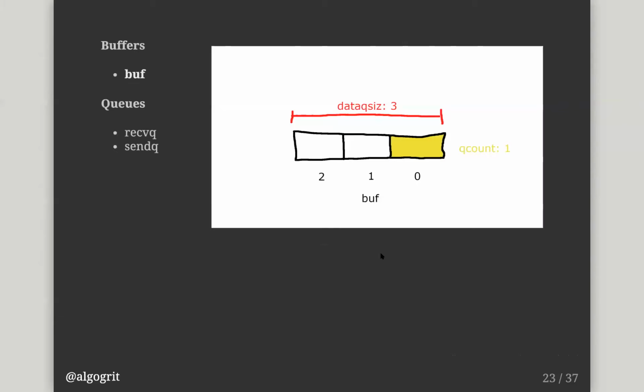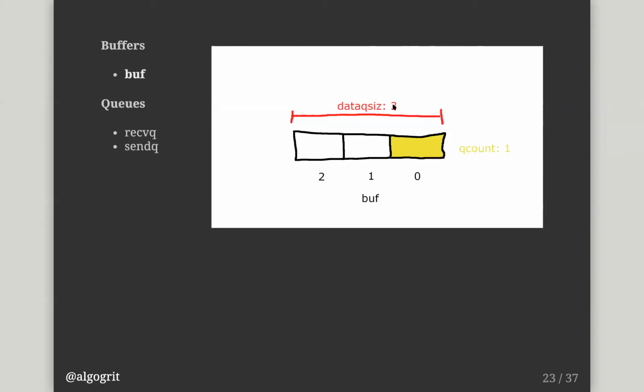Moving on, so buffers and queues. This is where Mani's question comes in. What's the difference between a buffered channel and an unbuffered channel? Both have a buffer. The only difference is that with a buffered channel, the buffer is of size n.